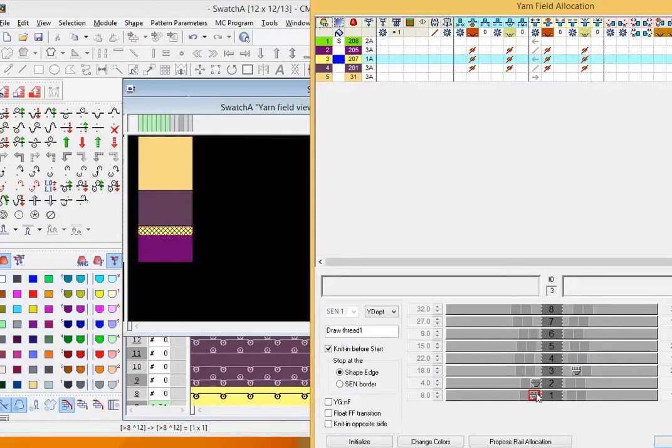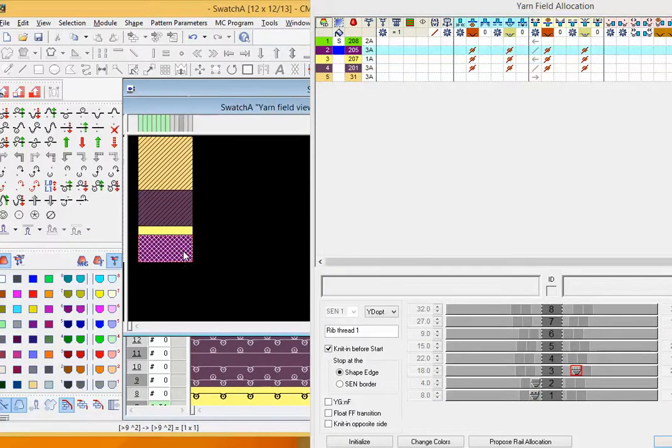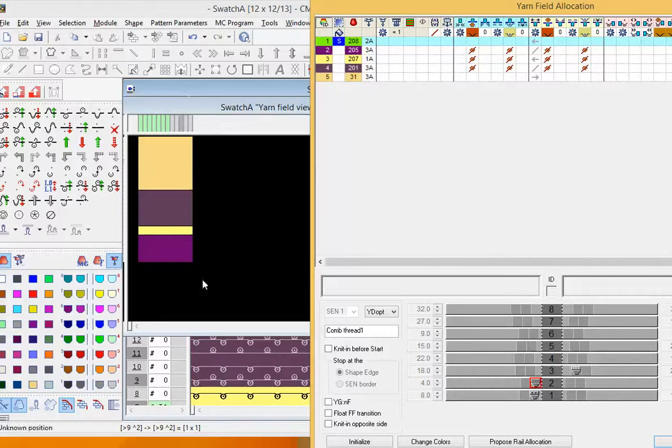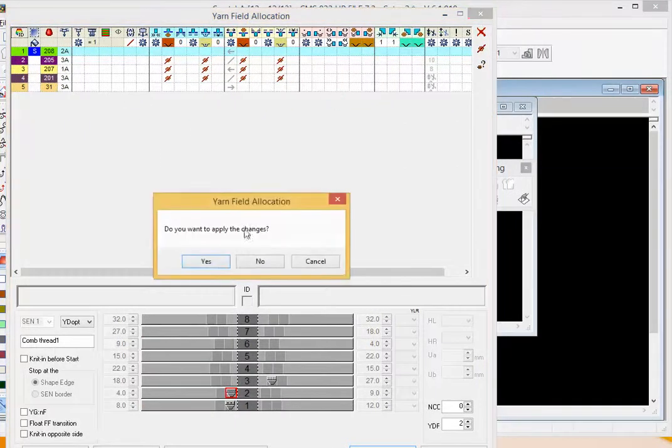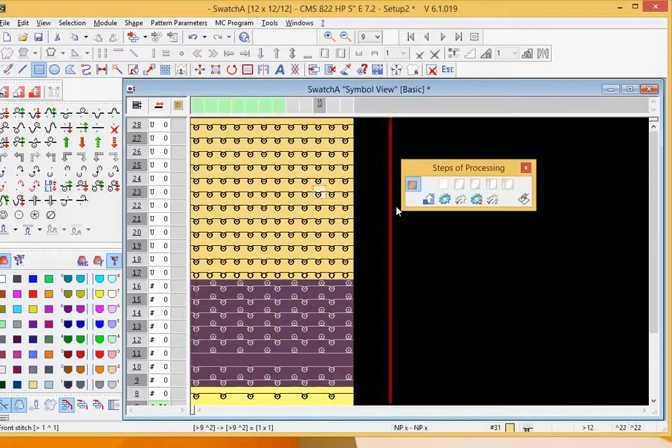This one is my draw thread feeder. Right before my knitting begins, I'll be removing that, and everything below it will come off. You don't see anything highlighted for 2 because 2 is using the Nylastic. Okay, so you can close out, save your changes, and if that's all you wanted,